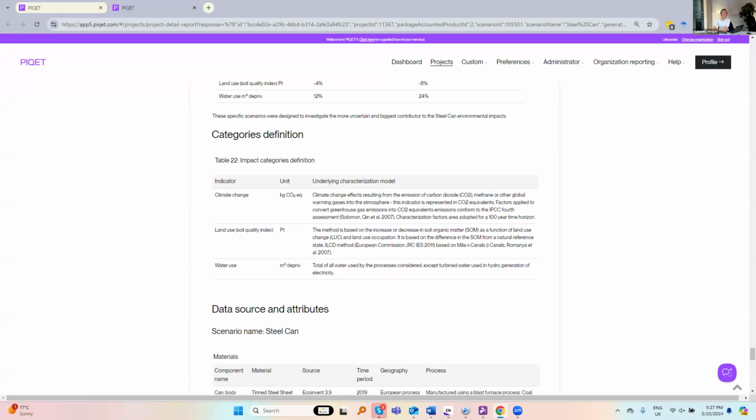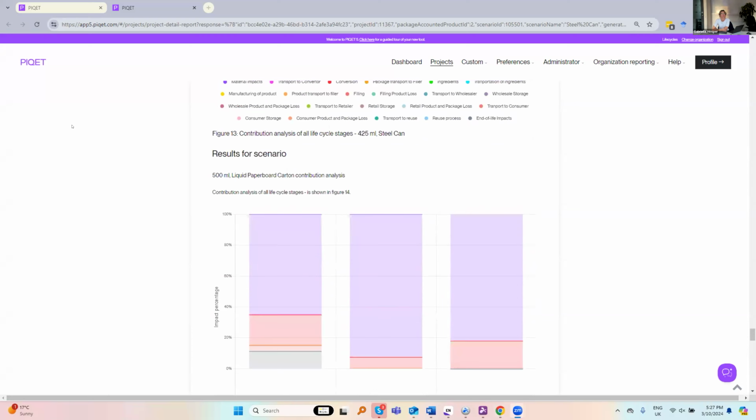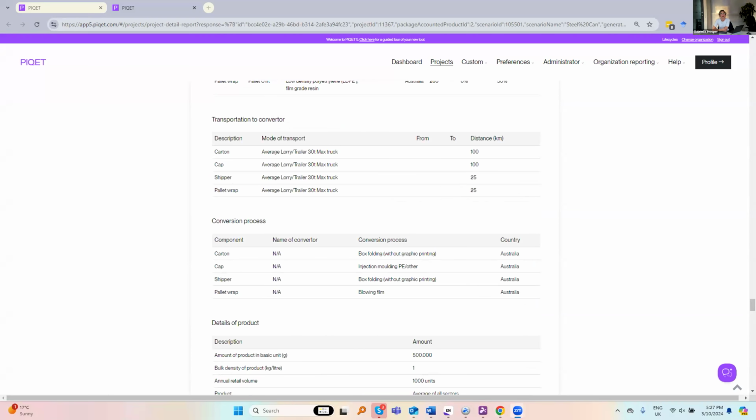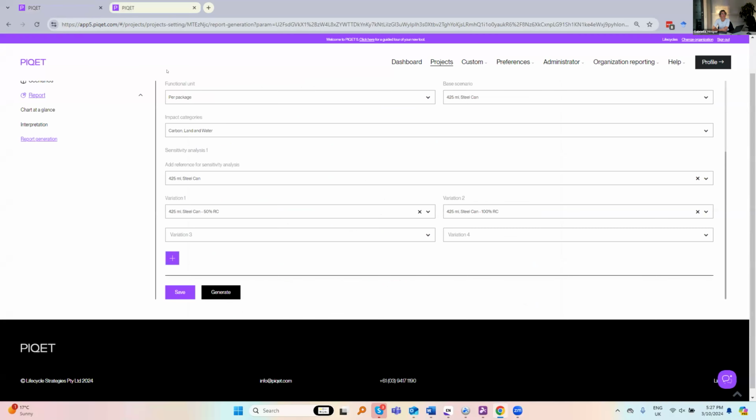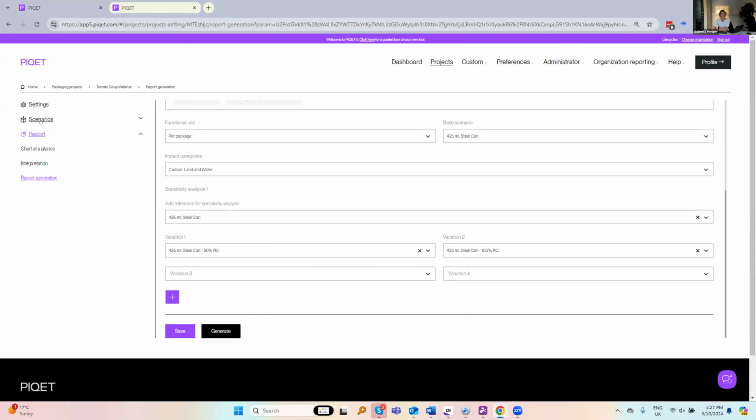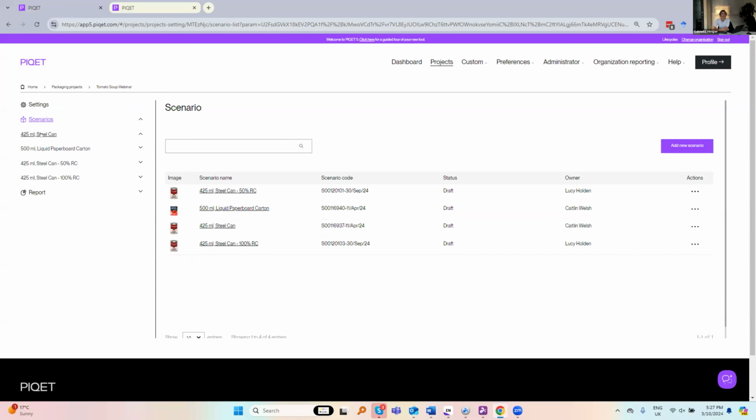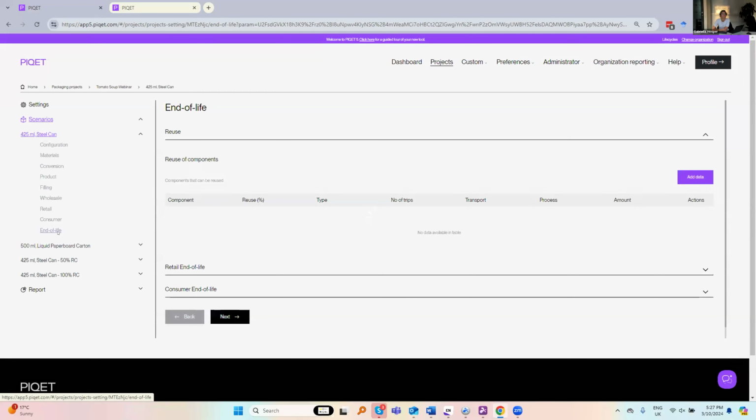So I think because you've already just moved through it, Lucy, in the end of life section, you mentioned that there's 4 new end of life pathways. Tim, did you just want to talk through those and give a bit of rationale as to why we've added them in? Yeah, so the